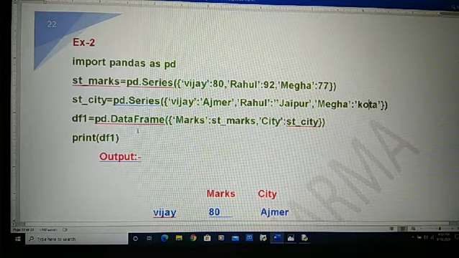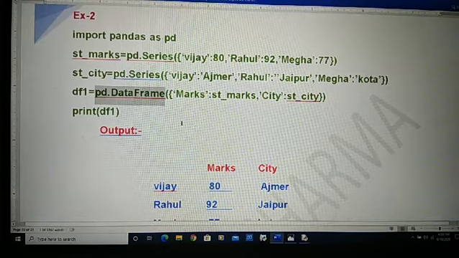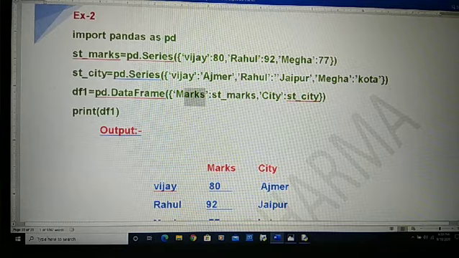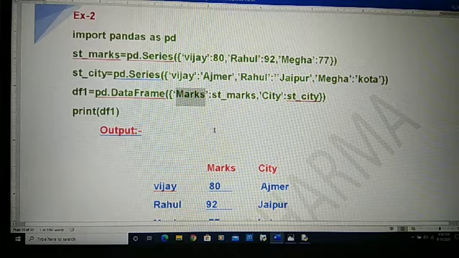Now we create a data frame and pass in this data frame a dictionary. You can see here marks, and that value is student marks. This is your series name and marks is your attribute. Is it clear?